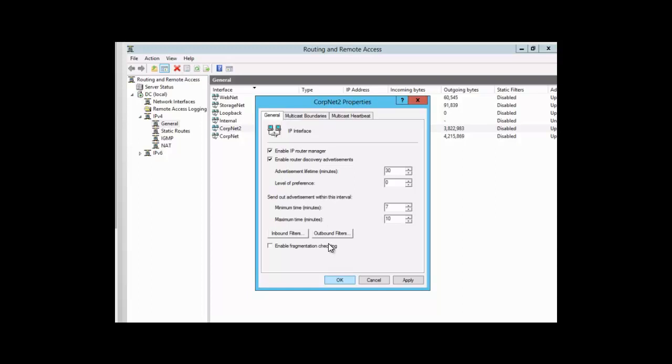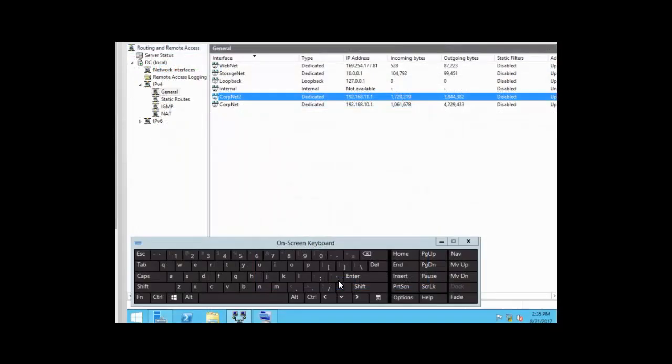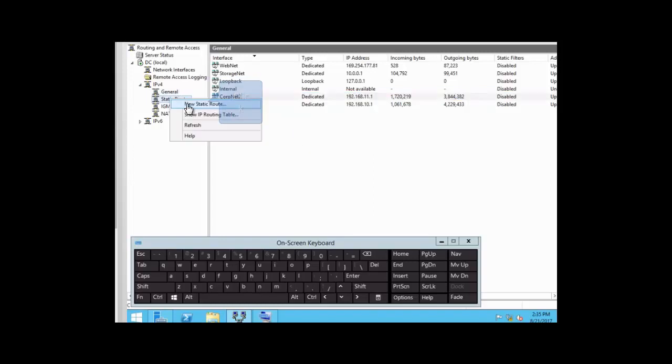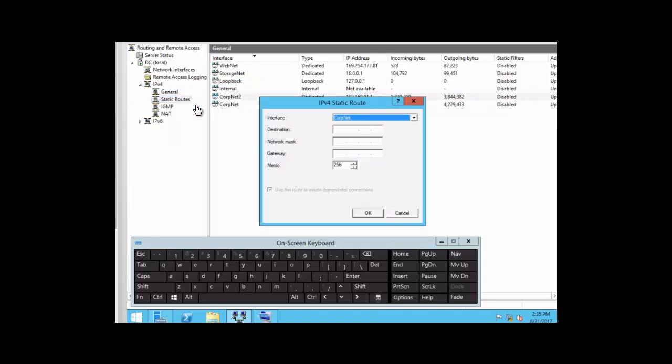Sometimes a router might not actually have a particular route for a destination address, and we actually have to create that route. And that's what we call static routes. So we're going to click OK and close the CorpNet property box, and we want to create a static route. So we're going to right click on static route and say new static route. And we're going to create the destination. Just click in the destination box and we're going to type